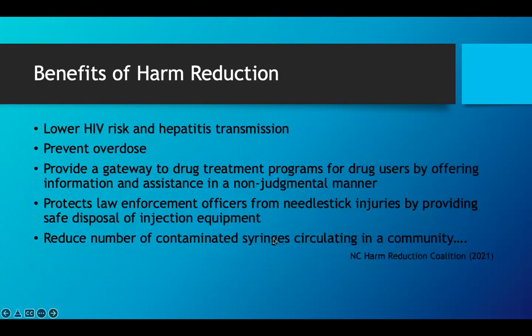So the benefits of harm reduction, obviously things that we can do to help reduce harm, are lowering HIV risk and hepatitis transmission, preventing overdose, providing a gateway to drug treatment programs for drug users by offering information and assistance in a non-judgmental manner, protecting law enforcement officers from needle stick injuries by providing safe disposable injection equipment, and reducing the number of contaminated syringes circulating in the community. These are all harm reduction